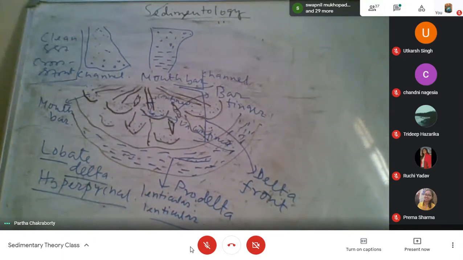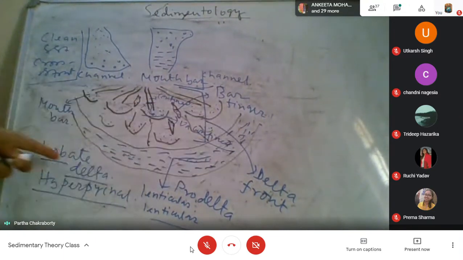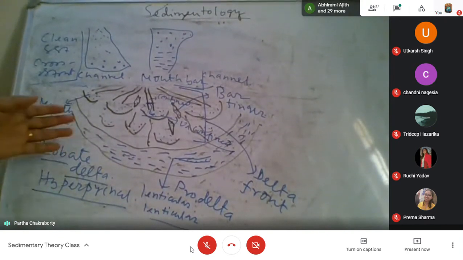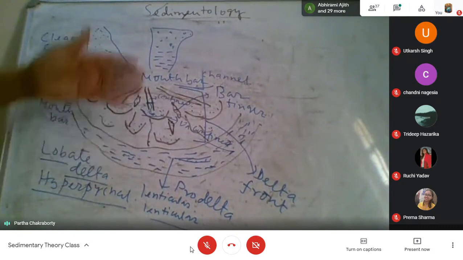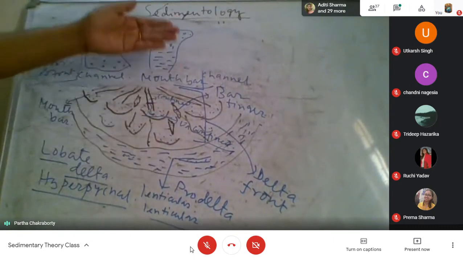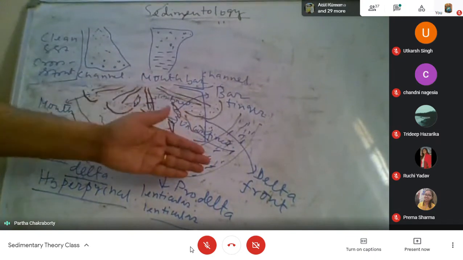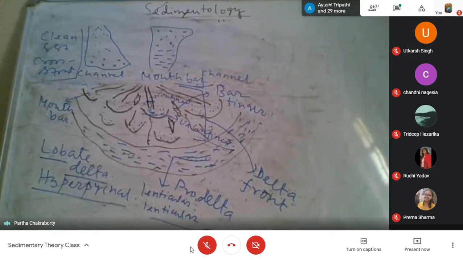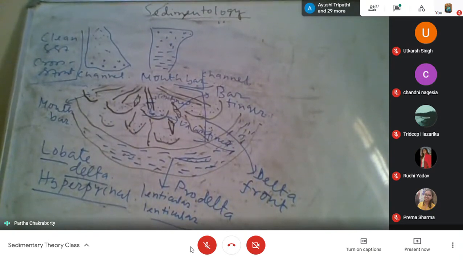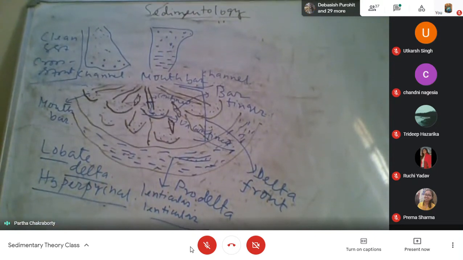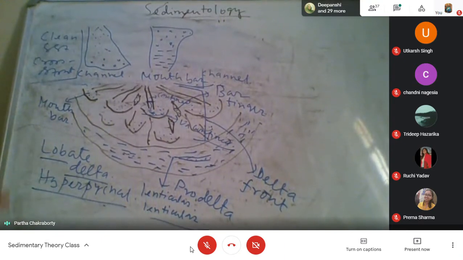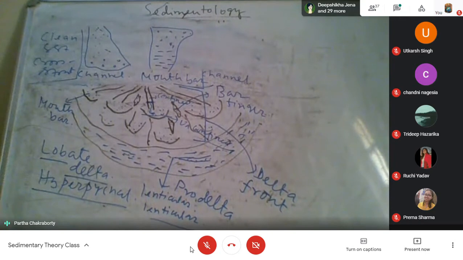Okay. Then the last part that we get is the pro-delta. It is the distal part of the delta, which is basically a starved setting, except during the high stages of the delta when the deltaic sediment is supplied to the distal part in the form of a plume. So that we get the pro-delta. Sometimes during the high flow stage of the delta, sediment is supplied to the distal part by means of a plume, otherwise it is a starved setting. That is a typical situation of a pro-delta.